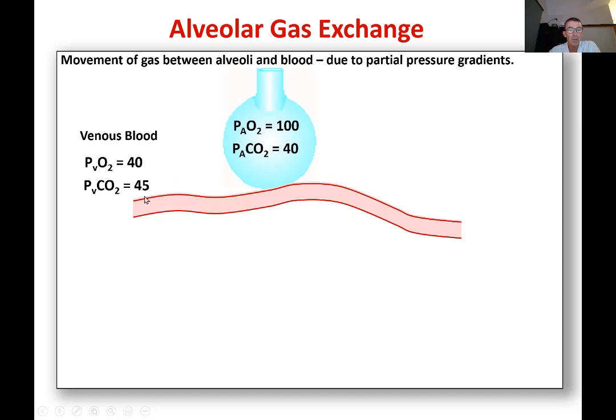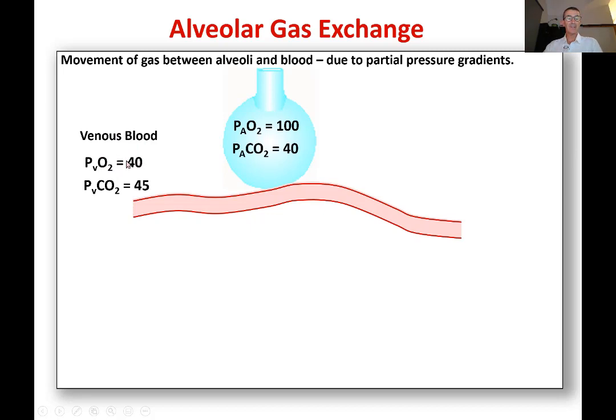The blood that's flowing through the lungs, through the pulmonary arteries, is actually called venous blood. That's because it's blood that has already taken part in gas exchange out in the cells in your body. But when it comes into the lungs, it now travels along an arterial system, even though we refer to it as venous blood. So the venous pressure of oxygen is usually, in most people at rest, about